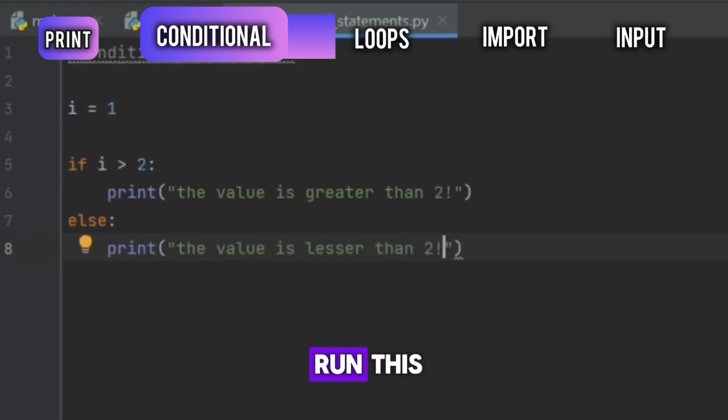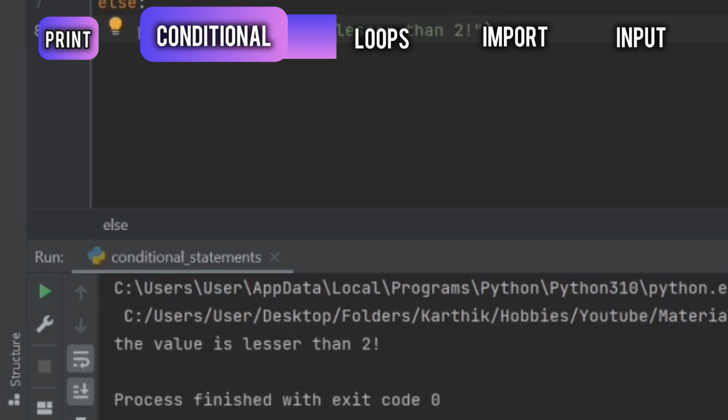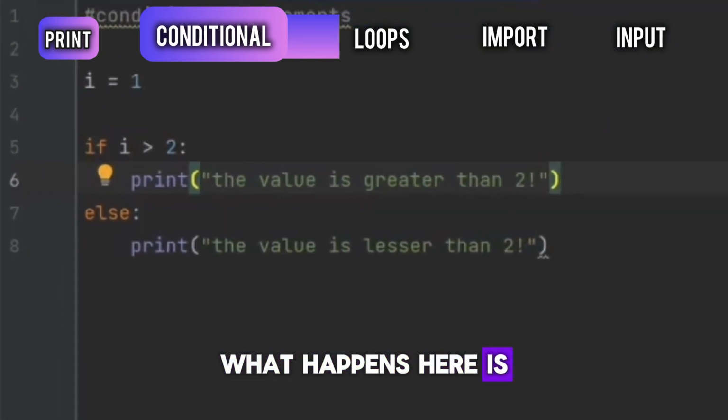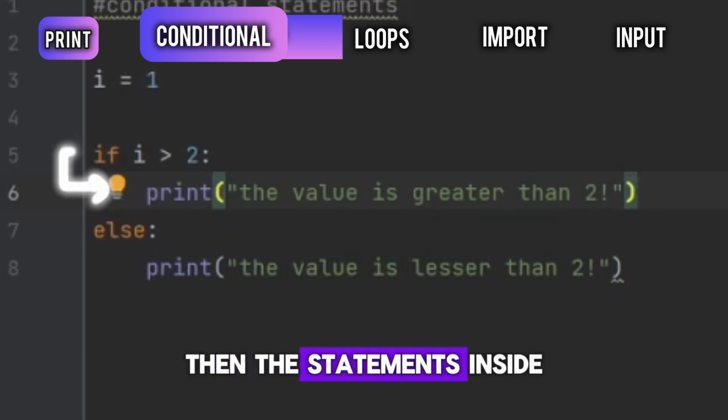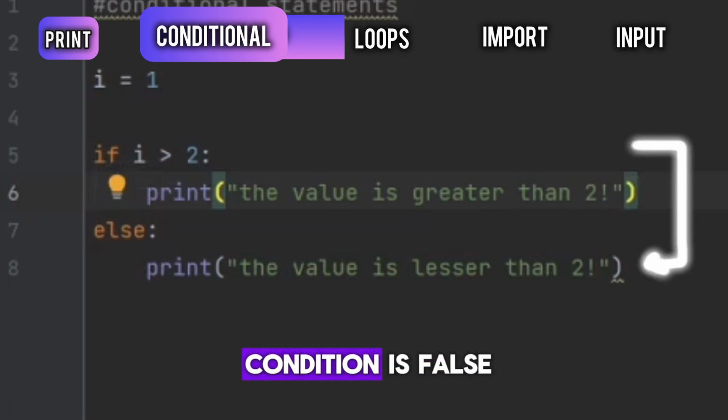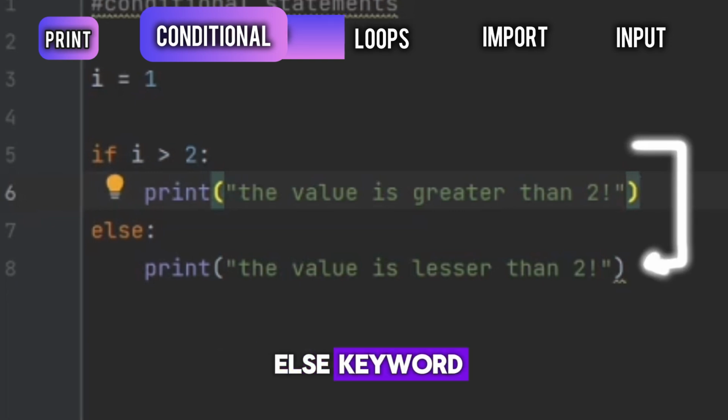Now I'll run this, and you can see that the value is lesser than 2 is printed. So what happens here is that i greater than 2 is the condition. If the condition is true, then the statements inside the if condition would be executed. If the condition is false, it would directly go to the statements below the else keyword.